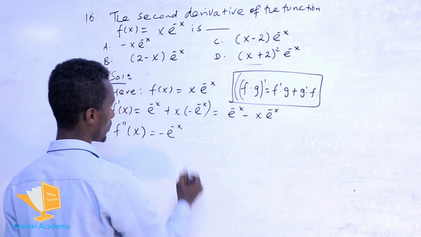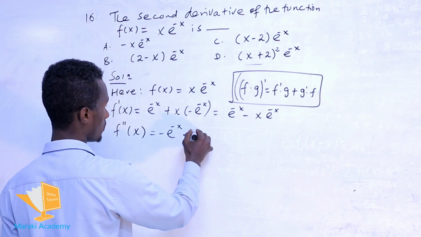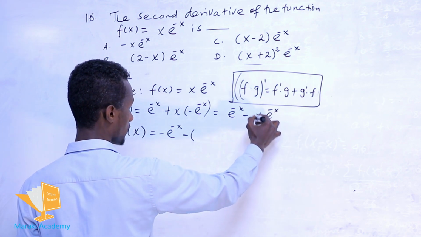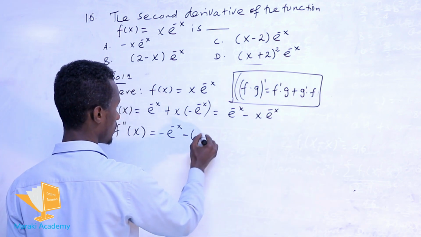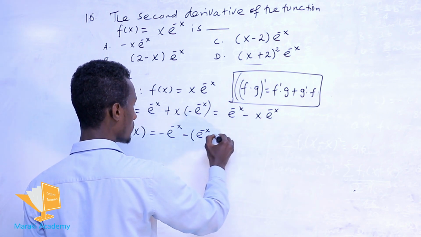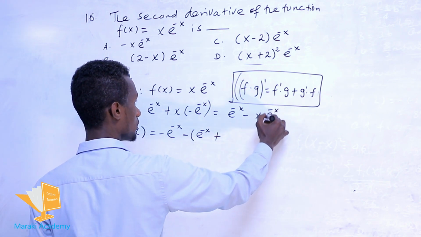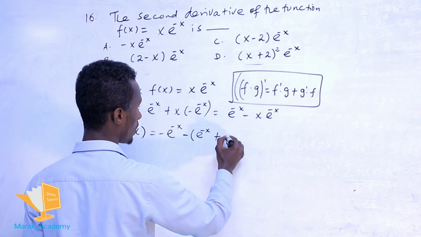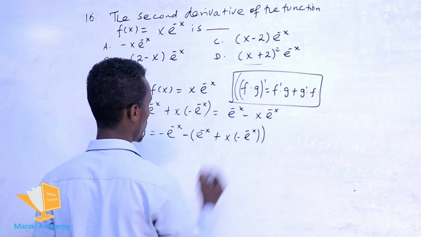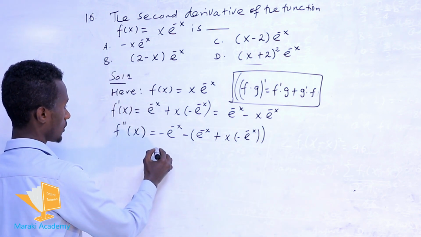አሁን ደግሞ ይሄንን ዲፈረንሺየት ስናደርግ using the product rule ተጠቅመን ነው ዲፈረንሺየት የምናደርገው። ስለዚህ the derivative of this term, the first derivative of x, that is e raised of minus of x ይሆናል። Then plus the derivative of this e raised of minus of x ደግሞ x into minus of e raised of minus of x ይሆናል ማለት ነው።